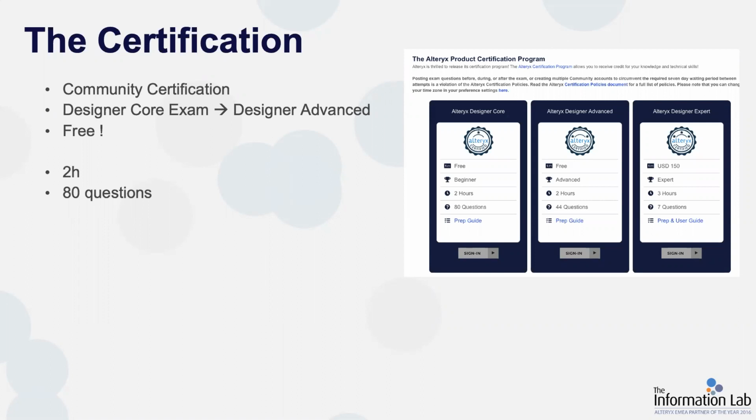Once you register for the exam, using the register button on the Alteryx Designer Core panel, after you sign in, you will get a confirmation email, and then the exam will be available for you from the first of the next calendar month, and you will have 3 tries to pass within that month. Don't worry if you don't manage it, you can register for the next month as well. The Core exam has to be finished within 1 sitting, and is time limited to 2 hours. There are 80 questions about various tools and the Designer itself.